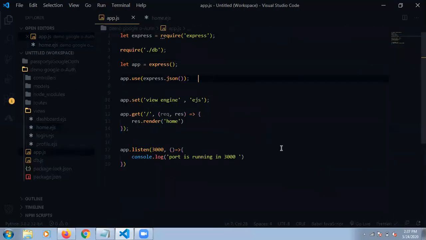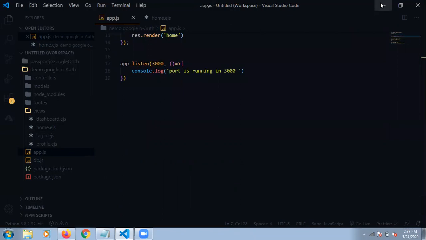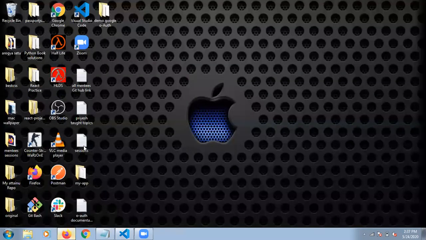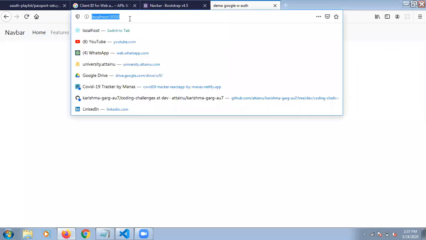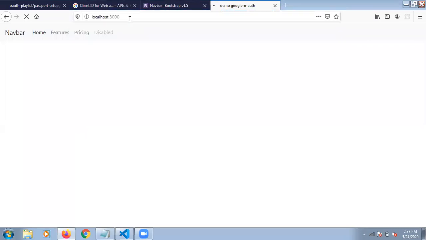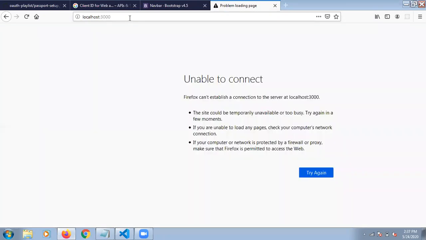We are restarting our server and going to refresh our application again so that we can see whether it is updated or not. Just hit enter. See, guys, it is going to be updated. I think our server is not connected. Just one minute. Yeah, see, boom, guys. It is connected, and there is Google Auth, Home, Login, Logout, and Profile. Even if you remove this part, it is still necessary.